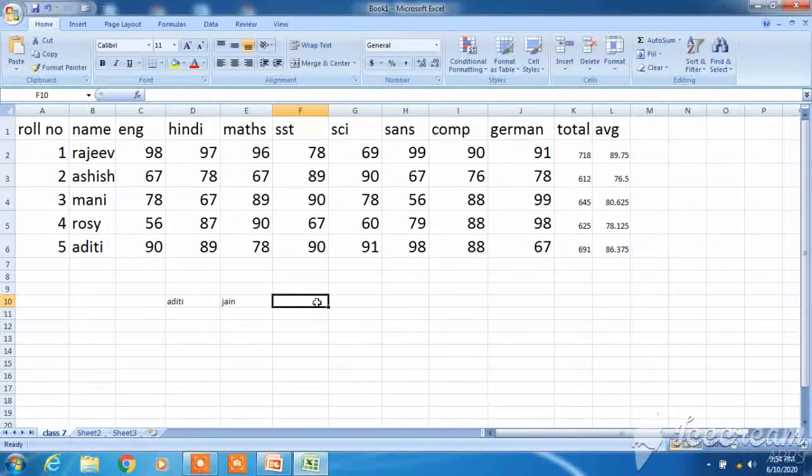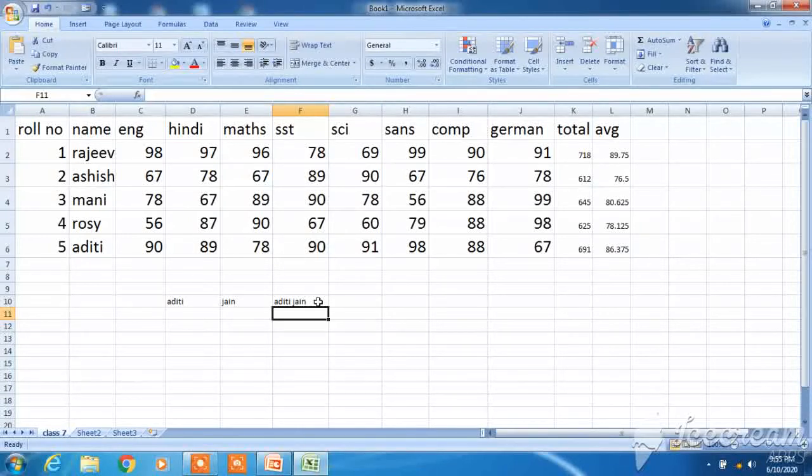The selected cell is called the active cell. Select the first cell, press the ampersand sign, and then select the second one. Then click Enter. Aditi Jain. It will concatenate the two texts. Concatenation means it will join two text data.